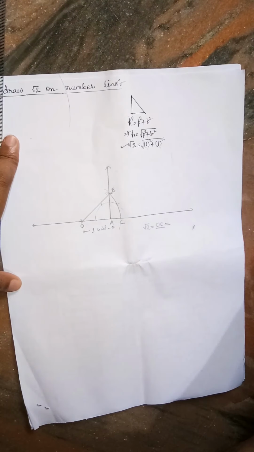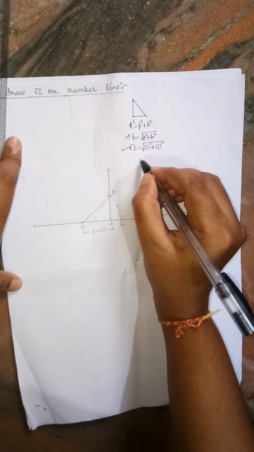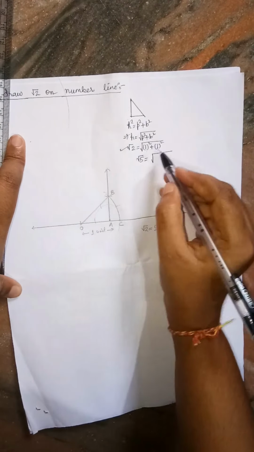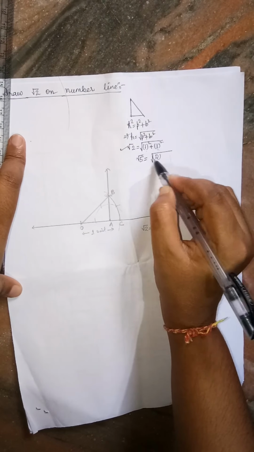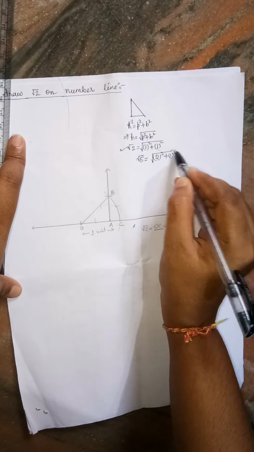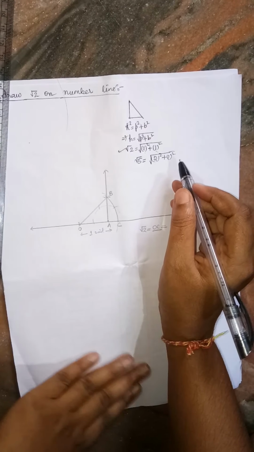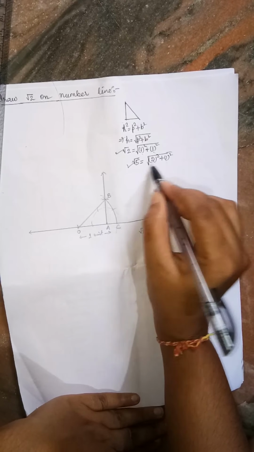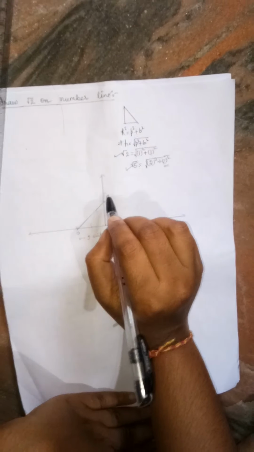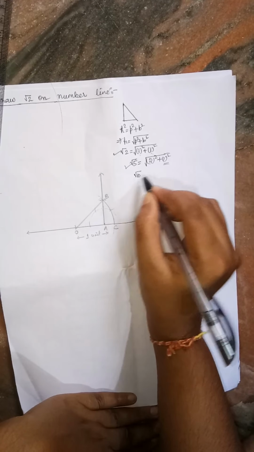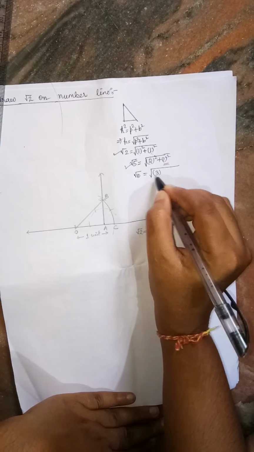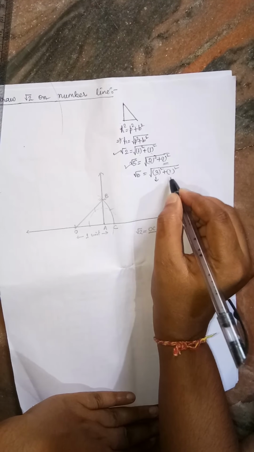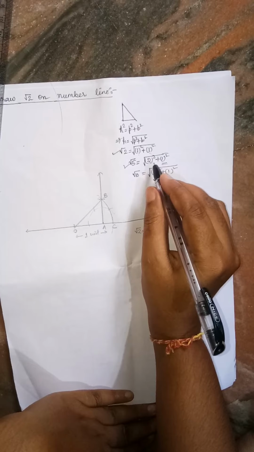Now the question is how we can draw root 5. If the question is coming how we can draw root 5, so root 5 again you arrange it. We can draw root 5 as, if we take here 2, then 2 square plus 1 square. 2 square is 4 and 1 square is 1. So in this way we can draw root 5 when we take base as 2 units and perpendicular as 1 unit. How can we draw under root 10? Under root 10 we can do like 3 square plus 1 square. It means we can take base as 3 units and perpendicular as 1 unit. So this is the way we can do.